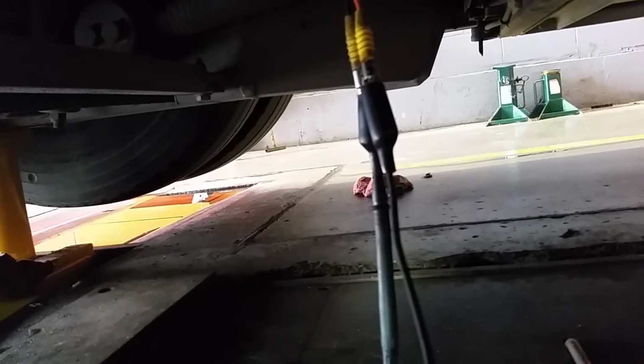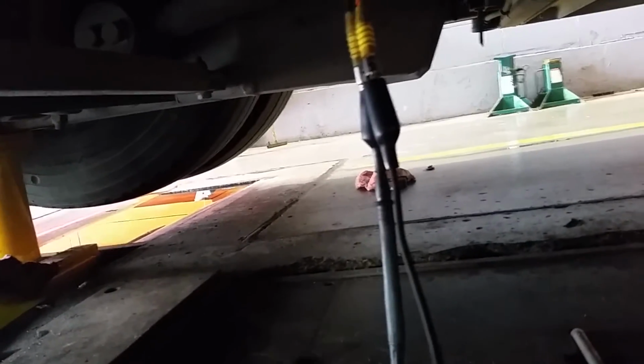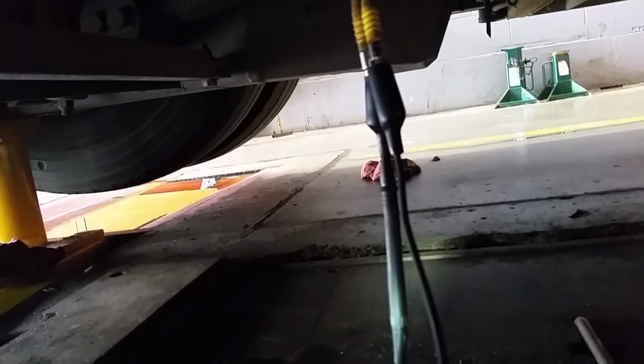So anyway, I'm going to do the test. I'm going to put 24 volts through this harness, and then I'm going to load it with the Load Pro, and I'm going to show you how quick and easy it is to verify a harness problem or not. Okay, so